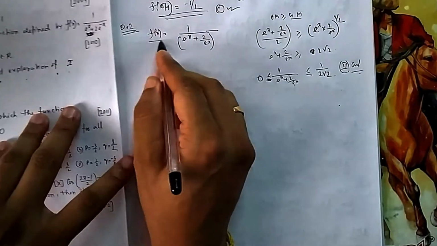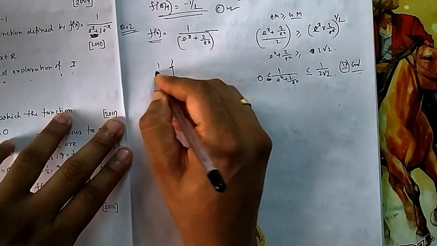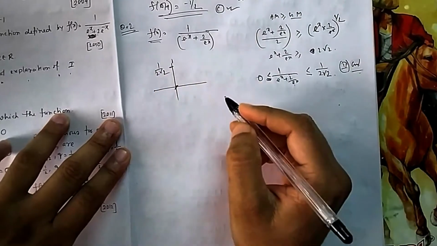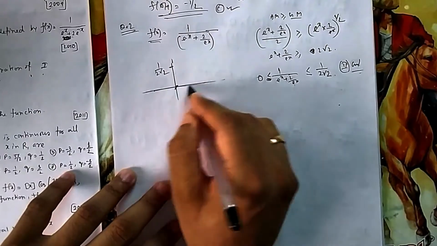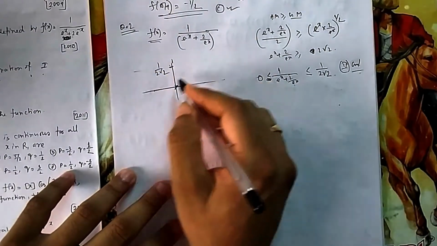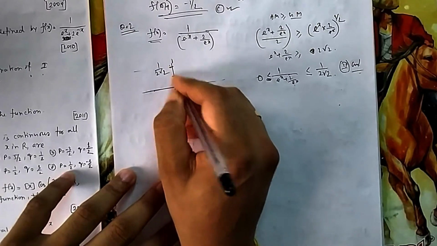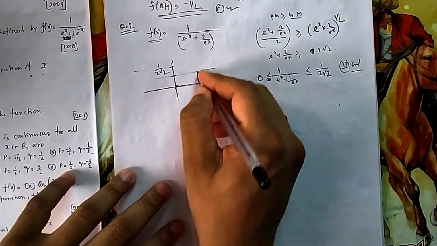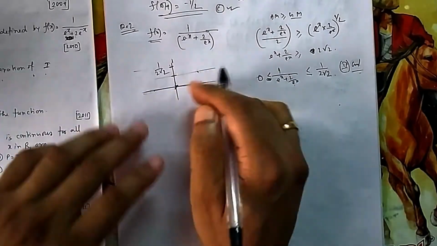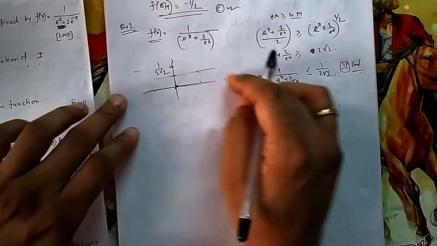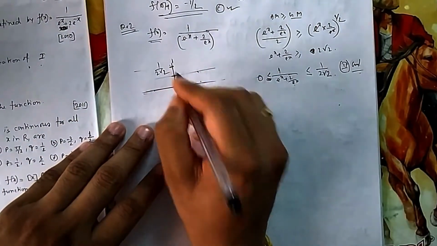Now if you have a function whose output is lying between 0 and 1 by 2 root 2, then you have learned the intermediate value theorem. This is varying from this to this for the entire range, so your graph is between these two. If you take any value in between these two, it will be attained within that domain. So in the entire R you will find some point at which it is in between these two.